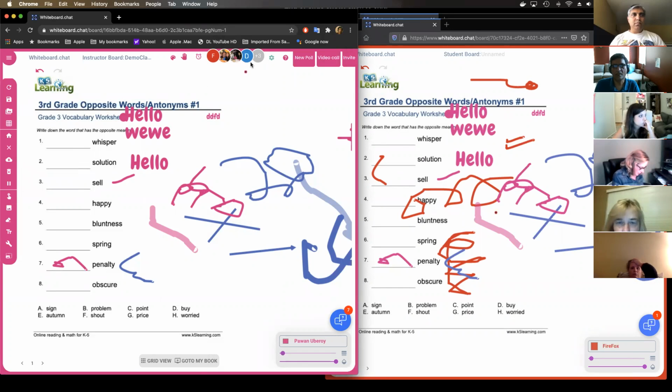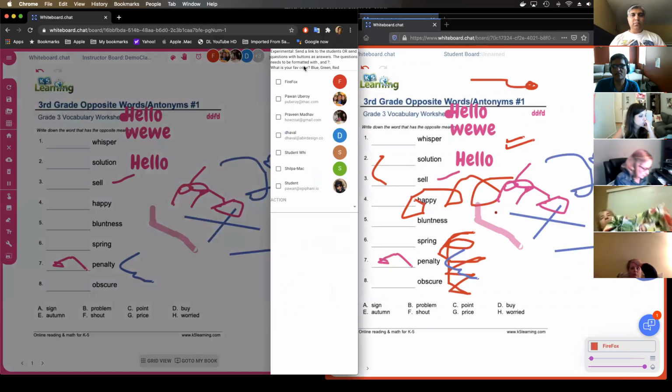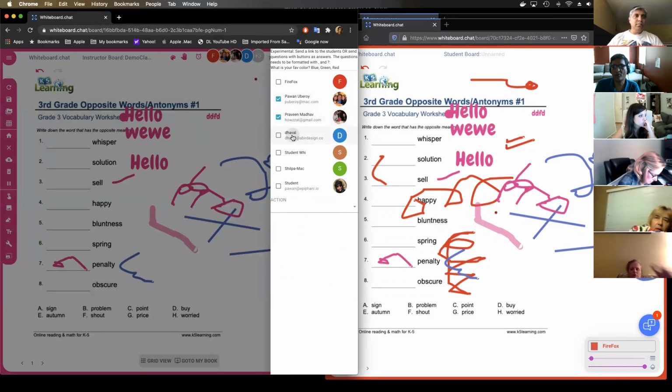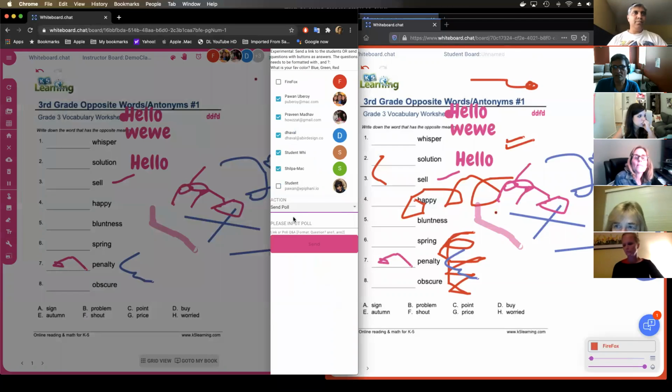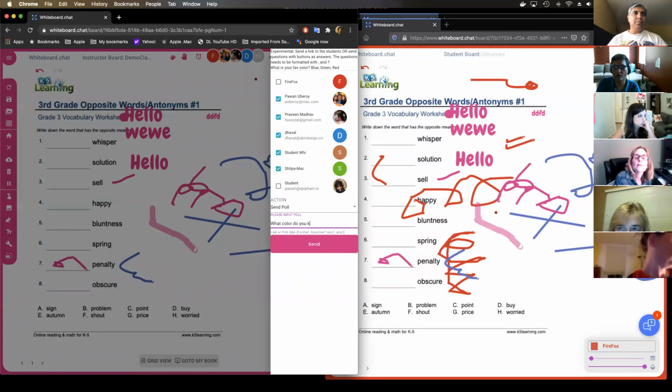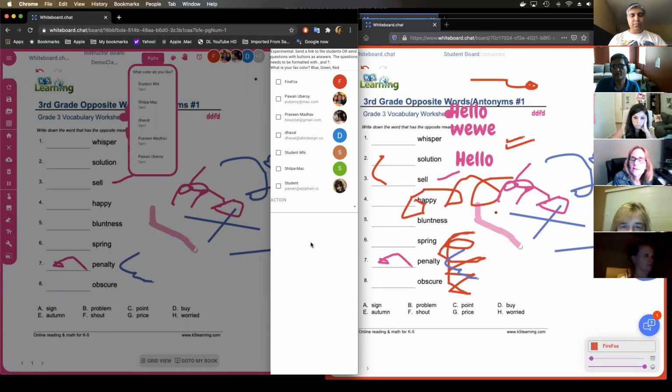And there's another interesting thing: you can create polls. You can actually do polls for the kids too. So you can click this new poll button. You can say, hey, I want to send a poll to all of the students in the class. You select the students you want to send the poll to, and you send them a poll. Ask them a question: what color do you like? And say red, blue, green, okay? And it'll send the kids